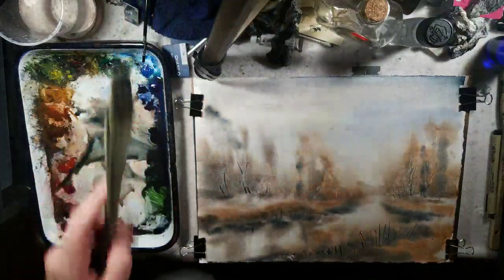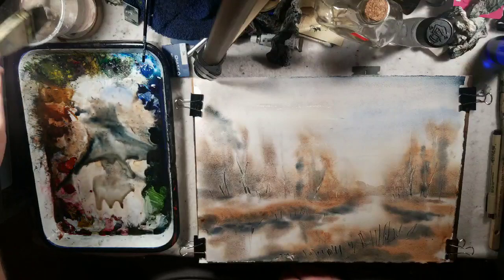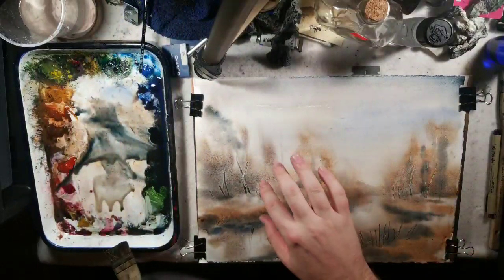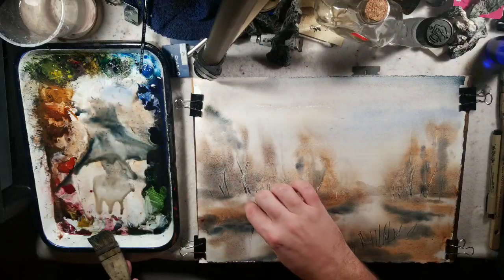Okay, so I was drying. Obviously I've left that, what's the word? Why can't I think of the word? Dry brush right there. And I want to leave it there. I want to leave it visible. But I'm going to need some foreground elements. Need some